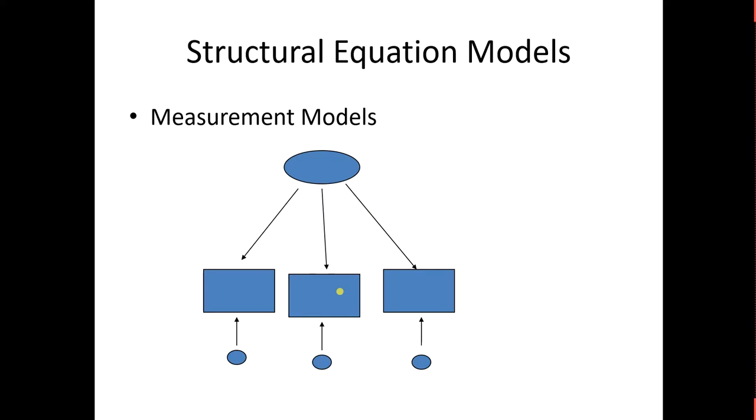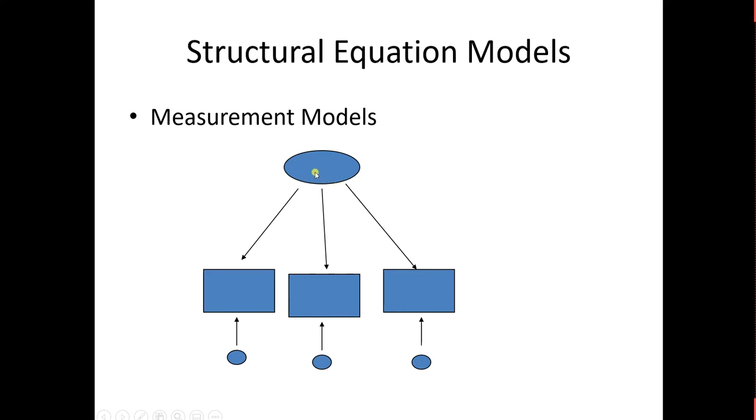Now, with these pictorial representations, I would like to show you what you have heard up till now in words. They will be more clear. So this is one representation of measurement model. This circle is showing that this is a latent variable we have not observed, and this latent variable is reflected by these three indicators or observed variables. And we are assuming that variation in the observed variables is because of the latent variable.